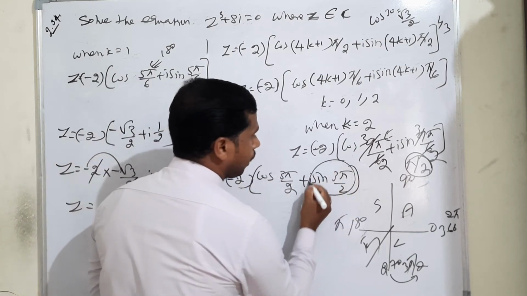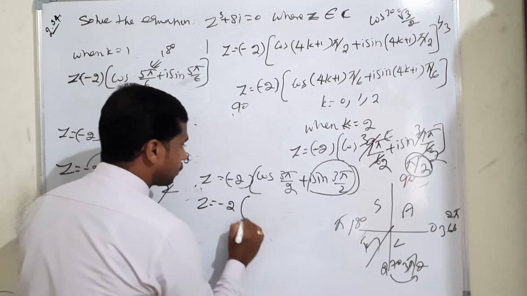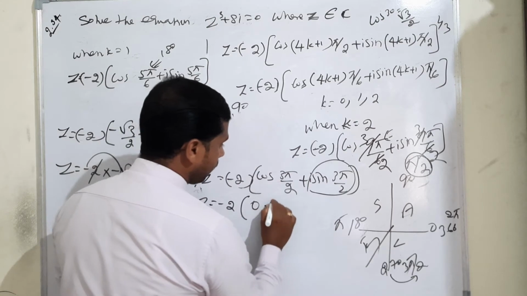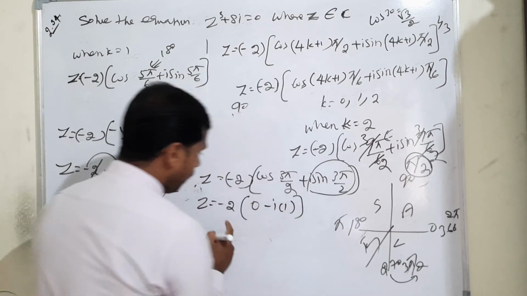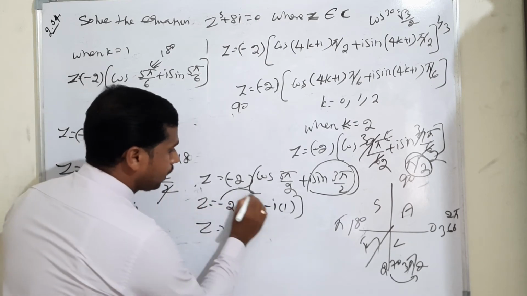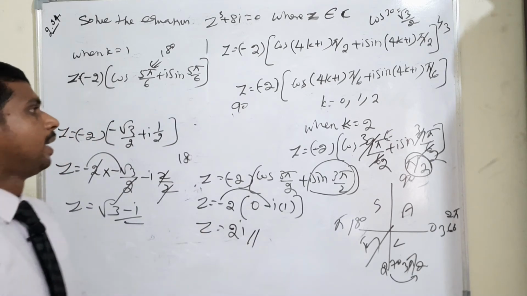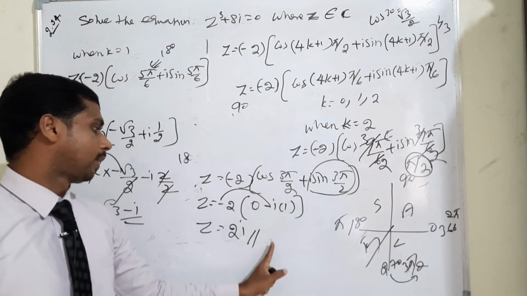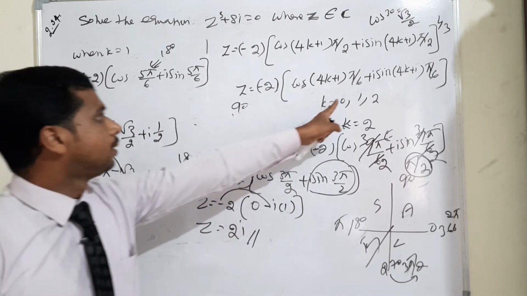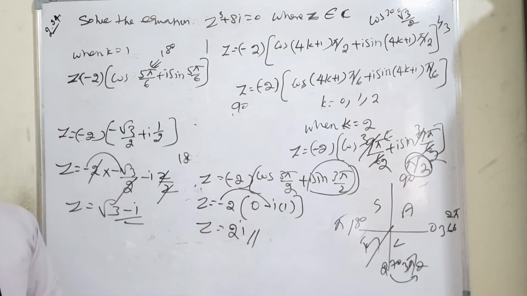So this is sin 3 pi by 2, it's down, down means minus sign, therefore z is equal to minus 2, cos 3 pi by 2 means value will be 0, but down means minus, therefore minus i into 1. Again each and every time multiplying, minus 2 into 0 is 0. Again minus into minus is plus. The last condition, z is equal to 2i, will come when k is equal to 2. Okay, this is our final answer. So k is equal to 0, the value I also proved. Then k equal to 1 we have also proved, root 3 minus i. And k equal to 2 means z is equal to 2i.